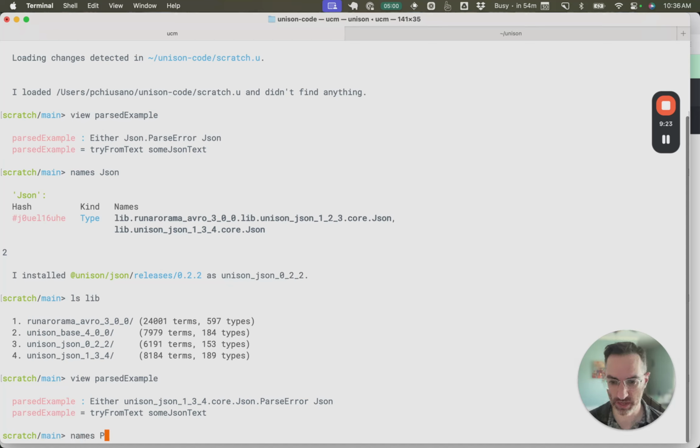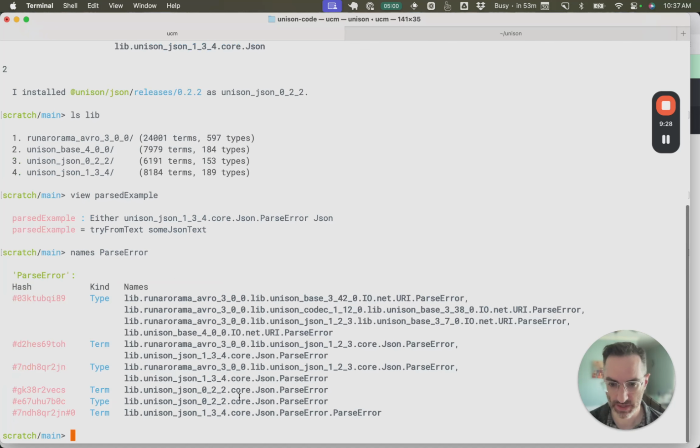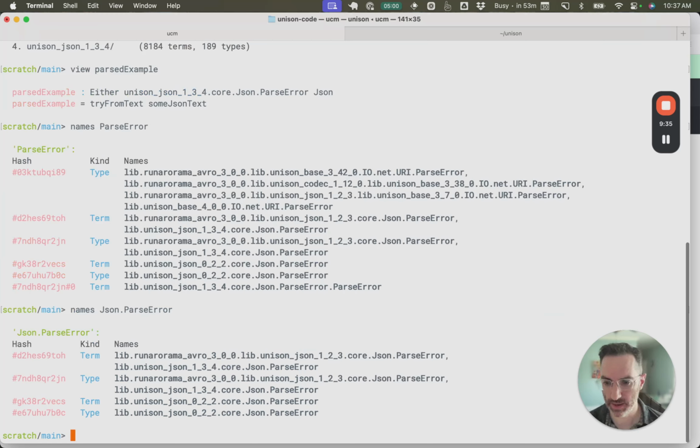And so if we actually just say names JSON.parse error, you can see that the 0.2.2, the much older version of JSON, actually had a different parse error type. I believe what changed since then is we added some better diagnostic information. So when a parse fails, you get better information in newer versions of the JSON library. And so